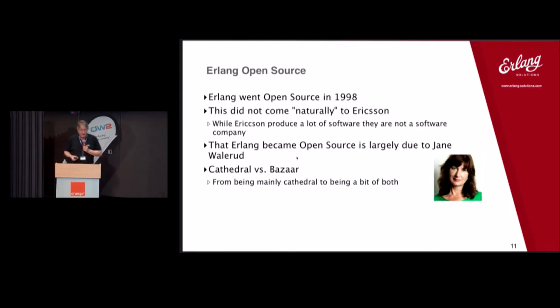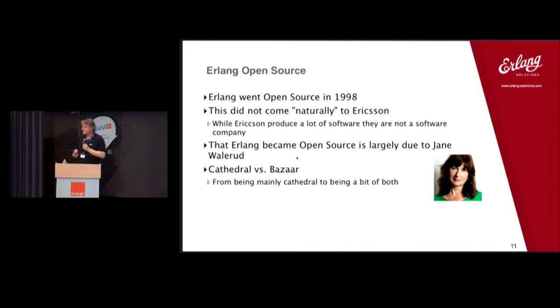This took a lot of work, and the person who was mainly behind this was a woman called Jane Wallerud. She was working on sales and marketing of Erlang internally inside Ericsson, and she felt that this system, this software, the OTP system, would be very suitable for making open source. And she put a lot of effort into convincing management that this was viable open source software. It would not harm Ericsson if it became open source. It would be a big support to them because we get feedback from the system and help and things like this as well.